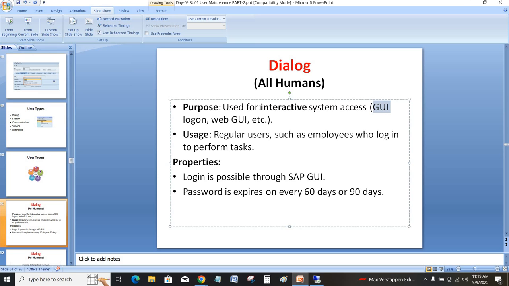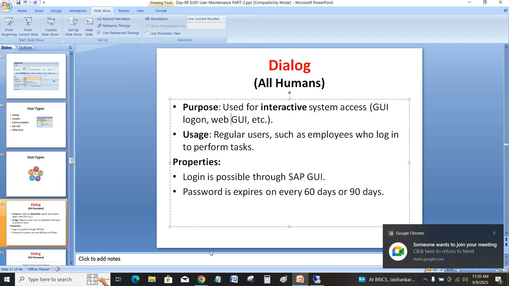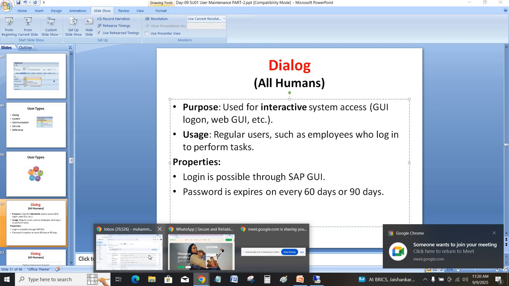It is used for interactive system access, through GUI logon and Web GUI. Web GUI you will see in GRC. For example, with Gmail, without the user ID and password you cannot go inside, right? Like that, in any kind of web GUI, graphic user interface, again you have to use a username and password. But if you are using SNC, secure network communication,